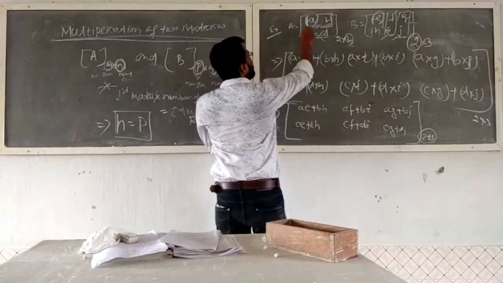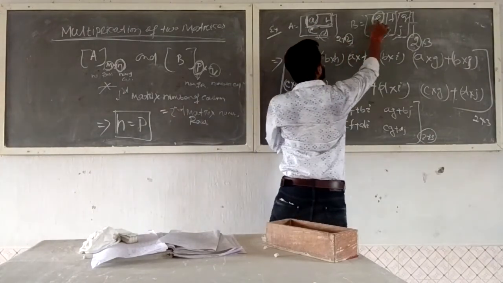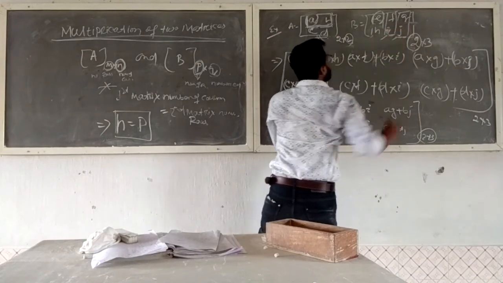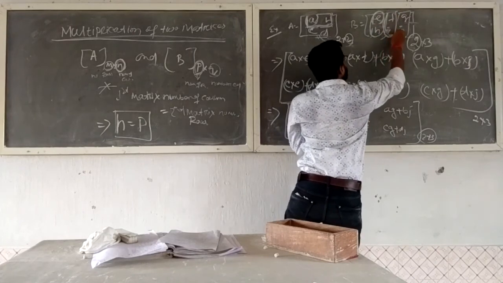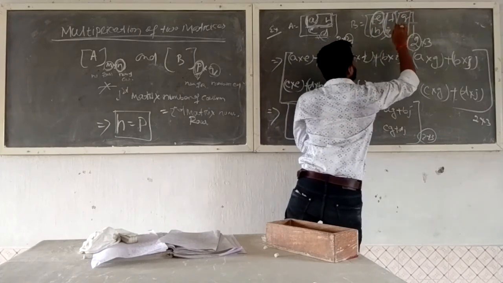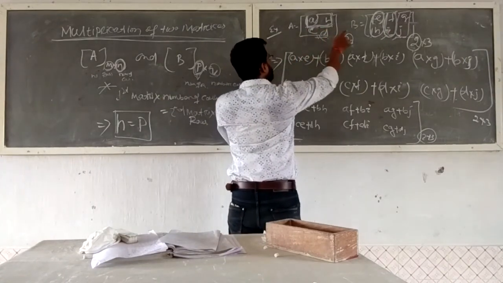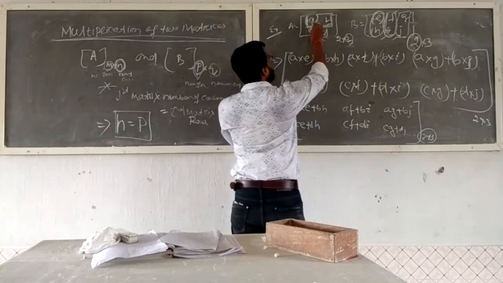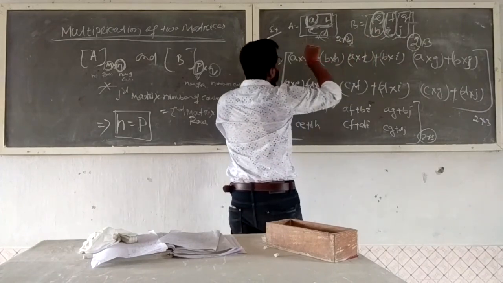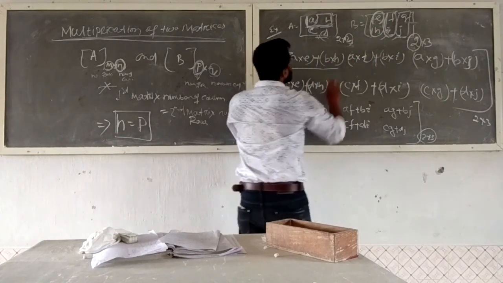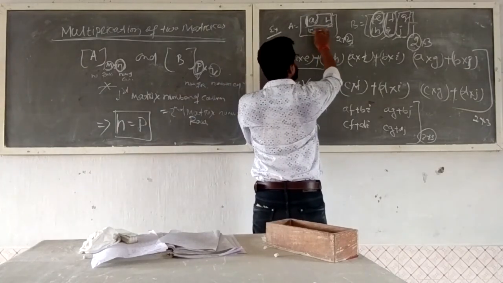That is, A and B, the first row of the first matrix, with E, H, F, I, G, J. First we multiply E, H, then F, I, then G and J. The multiplication is done first with first and second with second. That means A is multiplied with E and B is multiplied with H. Again, this can be written as first row and first column. And again, the first row A is multiplied with